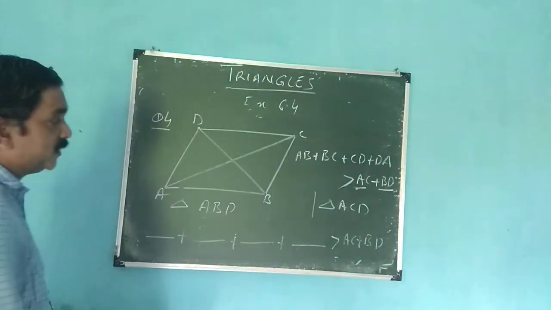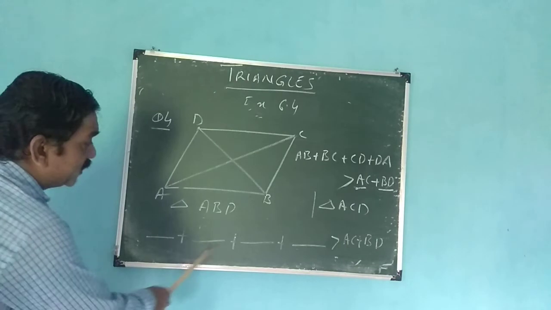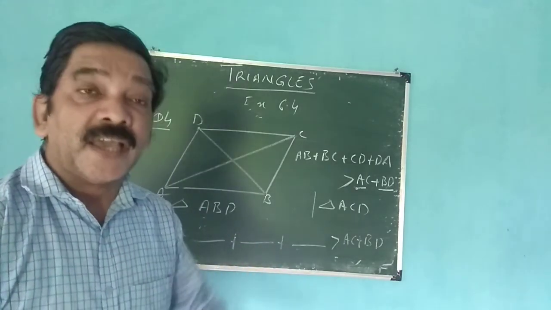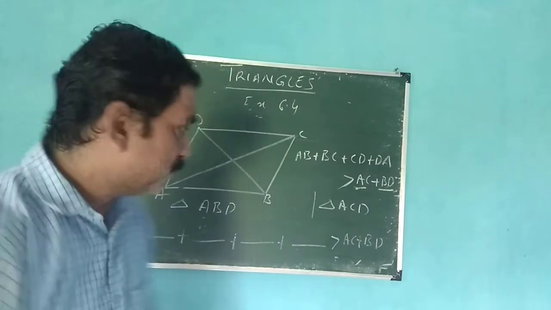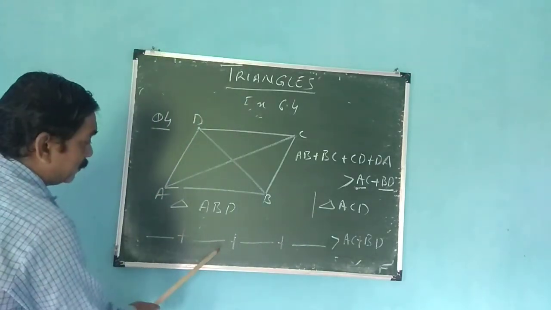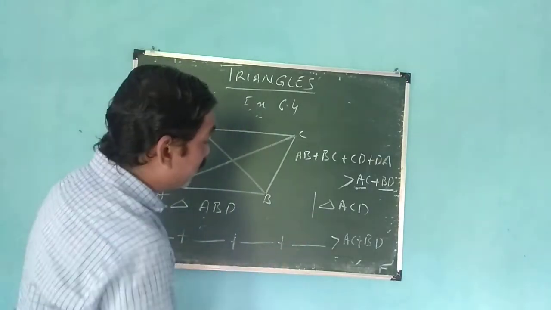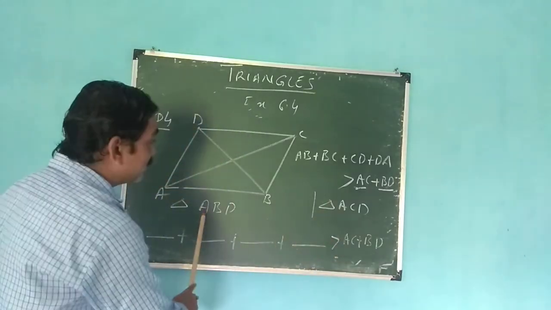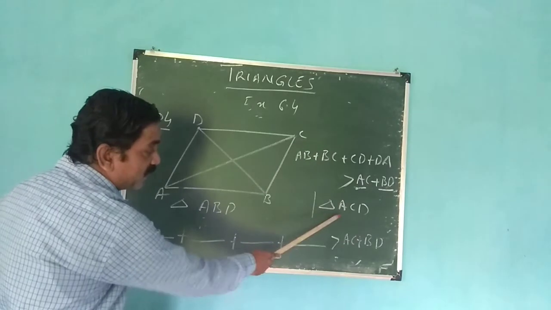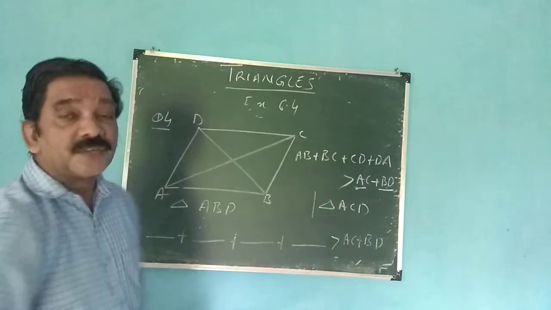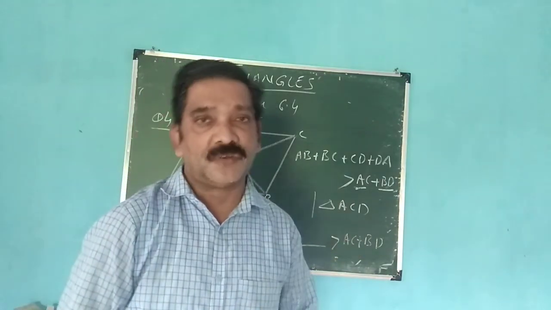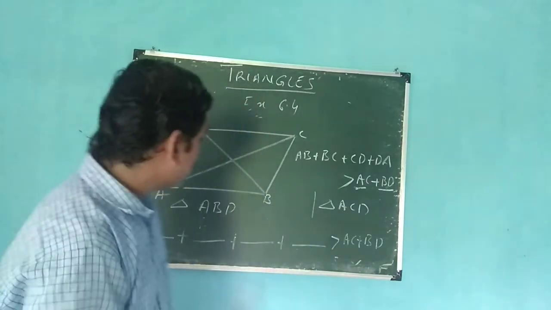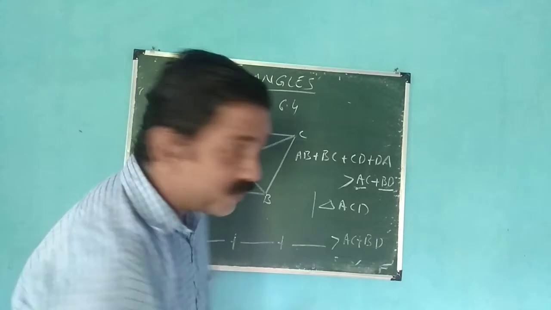So please have a look here. I'm not writing it here, I'm leaving it for you so that you should understand, and if you are not able to understand, please let me know. This is like a gap, and try to fill up this gap and see whether you are getting this or not. You have to add the sides of this triangle and the sides of this triangle. You should get this, and if you are not getting it, then somewhere something is wrong, and therefore the statement is not true. Okay, now let me go with the right angle triangle.